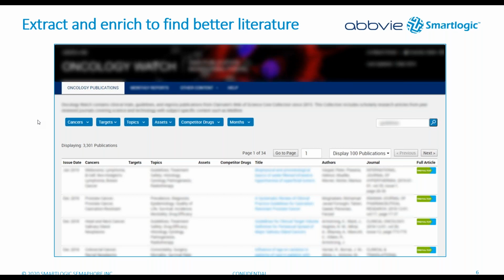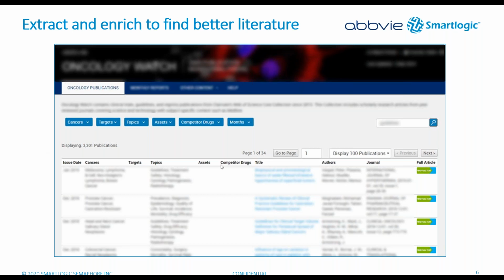And so one of the nice things about using Semaphore is, we have, of course, our ontologies that we use. In this case would be an ontology. I'm going to say that 5 times fast. But beyond that, we also have some NLP, natural language processing capabilities that make it so that our ontologies don't necessarily have to reflect every possible variant, and we have a little bit more flexibility. So just to give you a really simple example,